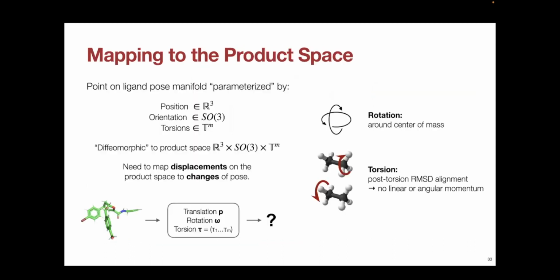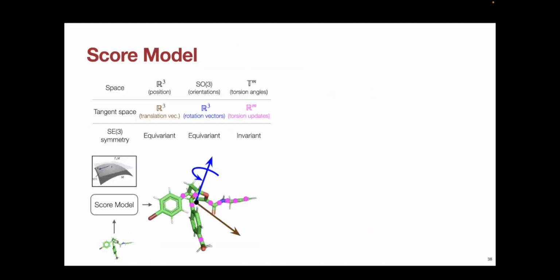And so I will skip these technical details here, but what that really looks like is shown in the bottom left corner here. So recall in the earlier visualization that we had a neural network that tried to learn a vector field on this 2D space so that it could point towards the direction of lower noise, right, in the direction of higher probability density. That's exactly what's going to be happening in the score model that we have in DiffDock, except that the noise is torsional, orientational, and positional, right?